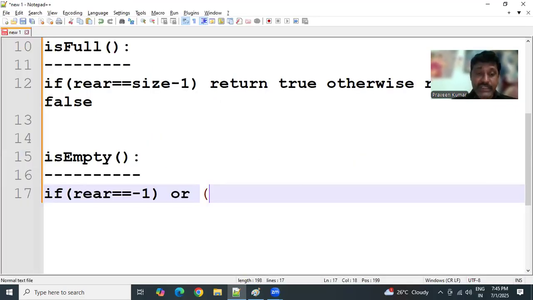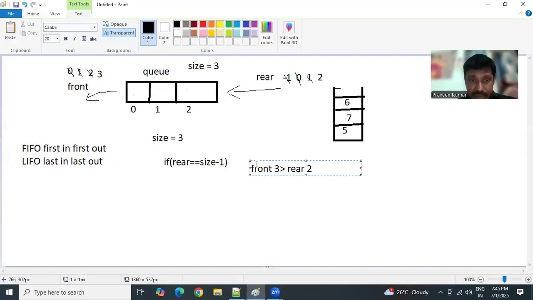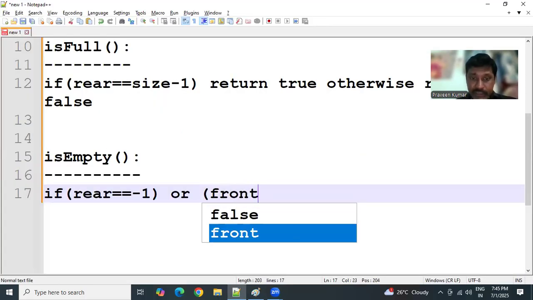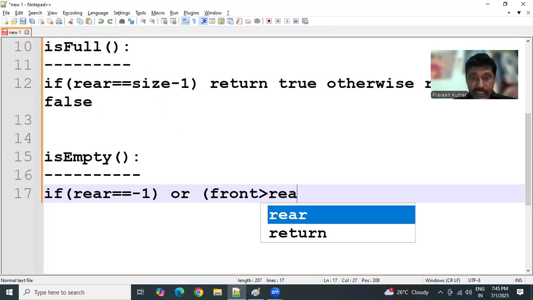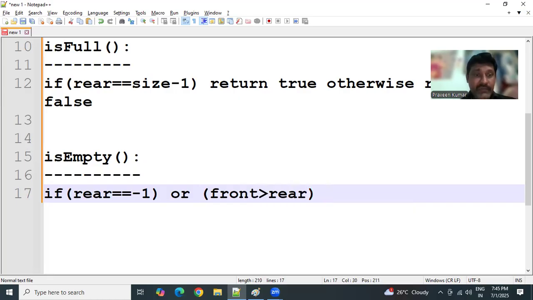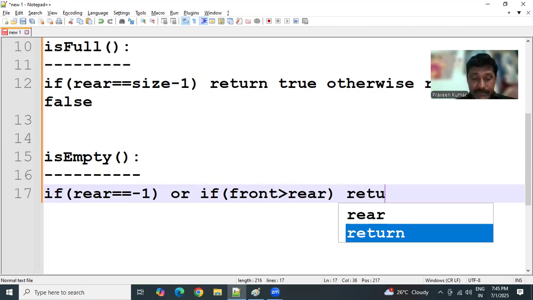At that time we can say that the queue is full. Okay, let me write the same thing. That is, front value, if front is greater than rear. Okay, if it satisfies any one of these conditions, if rear equal to -1, or if front value is greater than rear, return